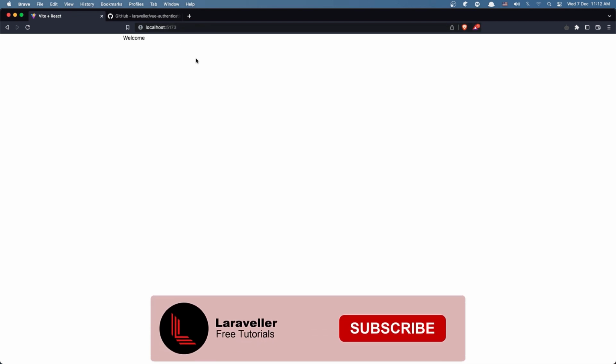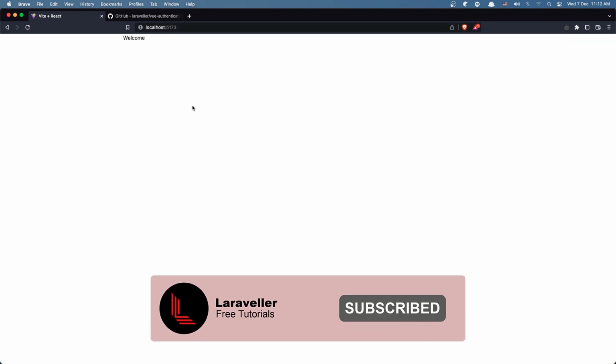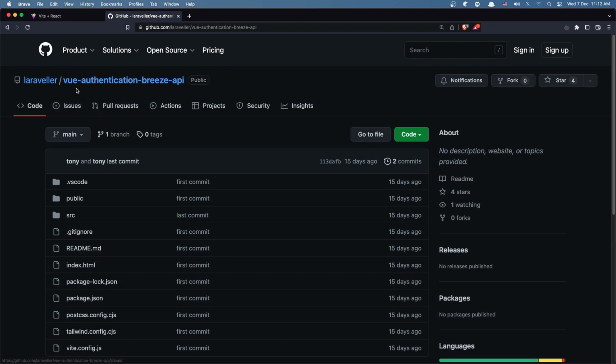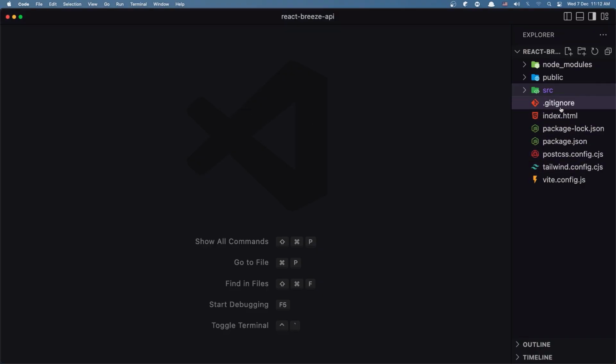Hello friends, welcome. In this video I'm going to create the components for the login and register, and one component also for the home. I'm going to create the links, add a navigation here, and also add routes. So when you navigate to the /login, display the login component, the /register, display the register component, and so on. Also, I have opened my repository for view authentication Breeze API because I want to copy the HTML code from here. Okay, so first let's open the VS Code, and inside the